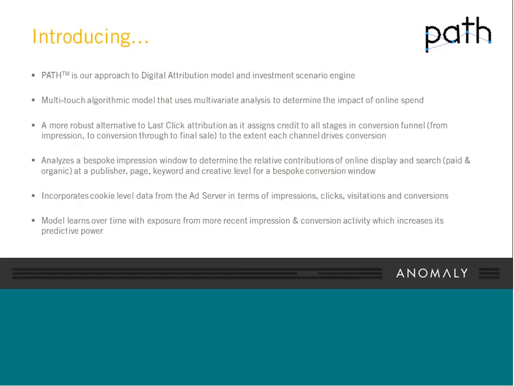So the next example I want to give you is Path. And Path is our approach to digital attribution. So digital attribution is a way of trying to understand what's driving online and offline conversion. And from a multivariate perspective, what we build is a multi-touch model. Many people might be familiar with the last click attribution model, which attributes success to the click prior to conversion. We build a multi-touch model, and so that looks at all the stages in the pathway before you get to conversion and attributes success to those publishers or those events that drive conversion.